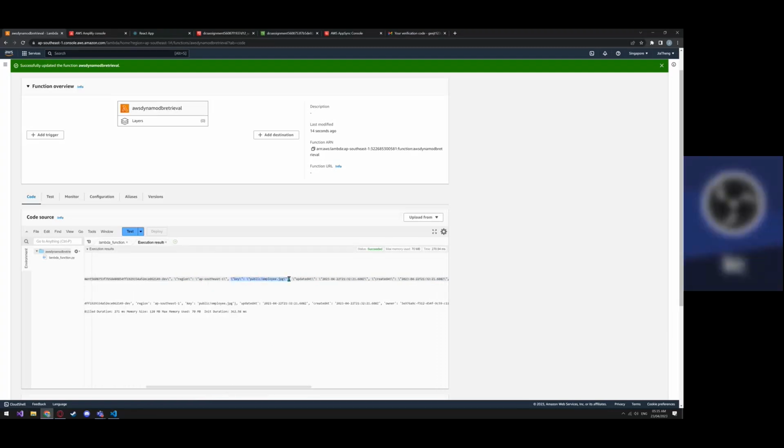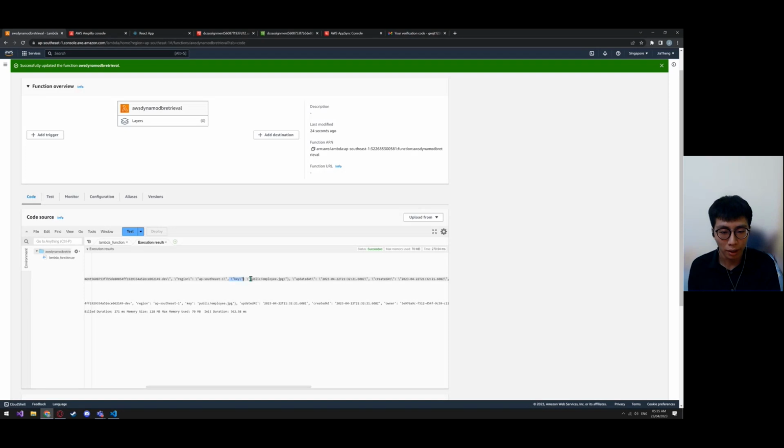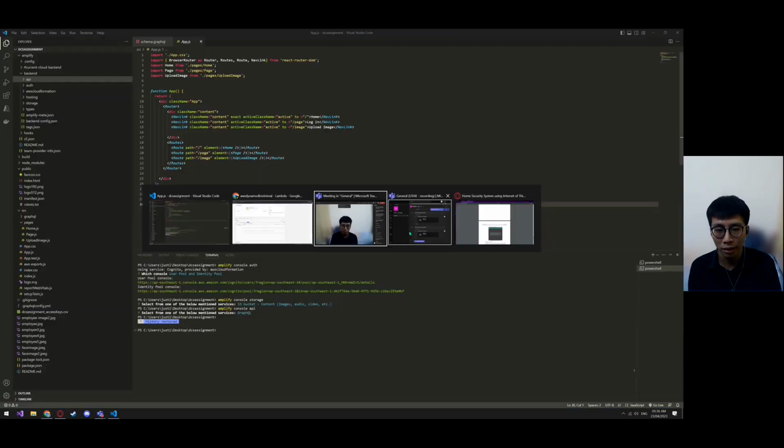The key is basically the name of the image, which I have just input. All the information will be inside this body part. So that's all of my presentation. Let us move on to the next person.